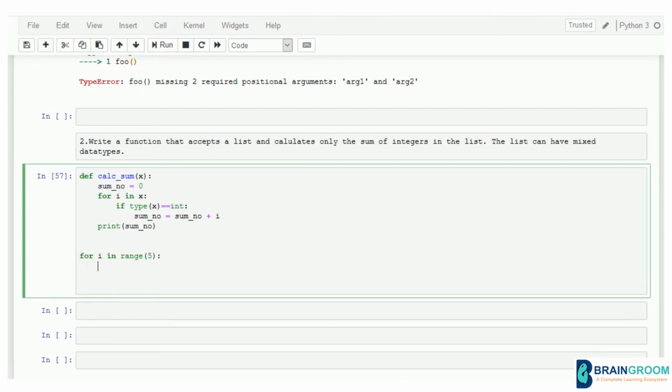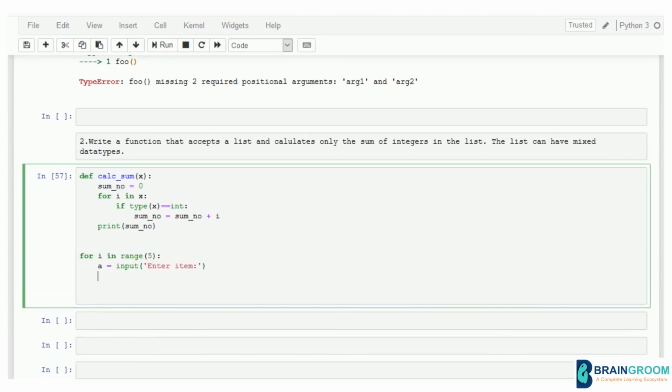Say A equal to input, enter item, you can directly convert it into integer over here.